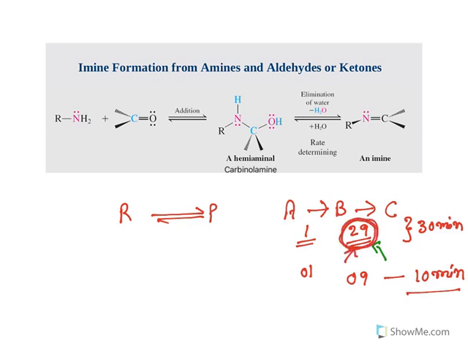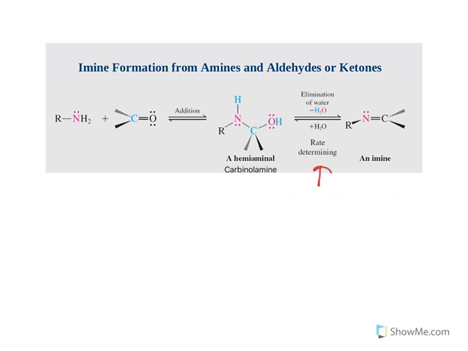So this step is determining the speed of reaction. Rate means the speed at which the reaction occurs. Hence this step is known as rate determining step. Is it clear? Now this step is called rate determining step because it takes a lot of time. In order to increase the rate of reaction, a trace of acid is added here which will enhance the product formation. So this is about rate of reaction.